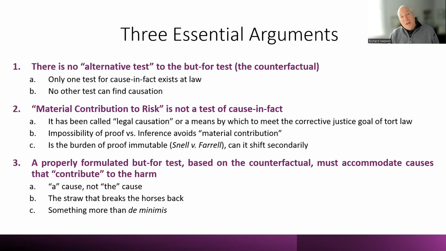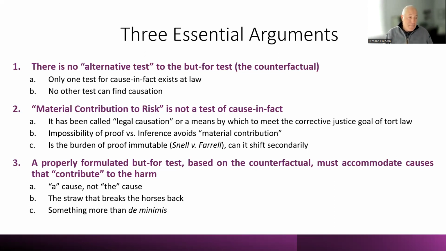We also need to look at the older case of Snell and Farrell, the 1990 case of the Supreme Court of Canada, which cautions that we use a robust and pragmatic approach to causation, that scientific proof is not necessary, that inferences can be made, and all you need is enough evidence where a trier of fact can infer a causation outcome that favors your case over the defense.